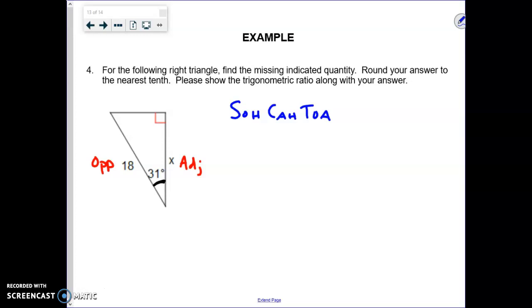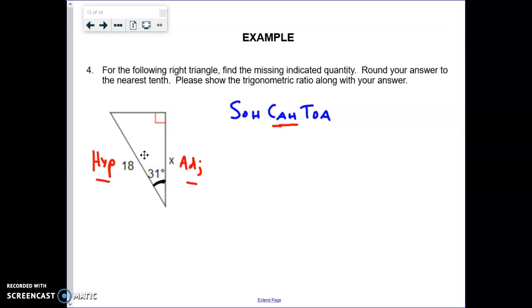Does anybody see the mistake I made? All right. If you know it, say it. Yep. This is a mistake I made. 18 was not the opposite side. It's off the right angle. It's the hypotenuse. So I mislabeled it. This is the hypotenuse. All right. Again, this was the opposite side up here. We don't know. So what trig function relates adjacent to hypotenuse? There's your adjacent, your hypotenuse would be